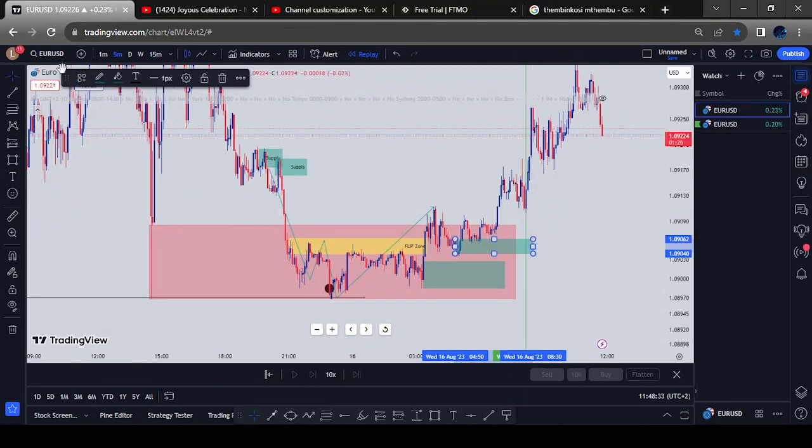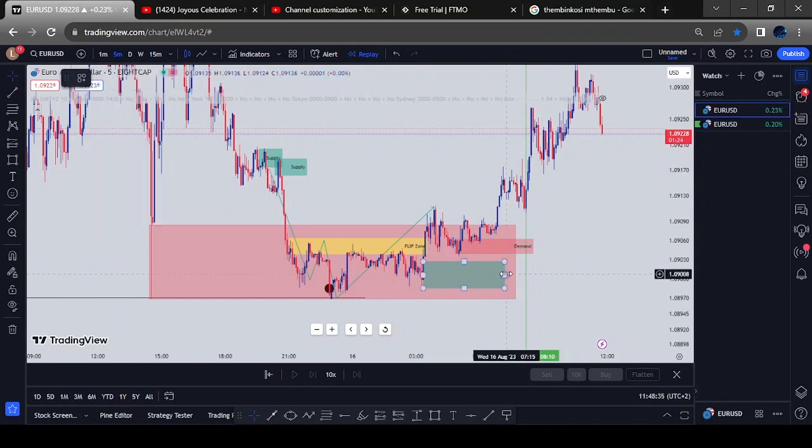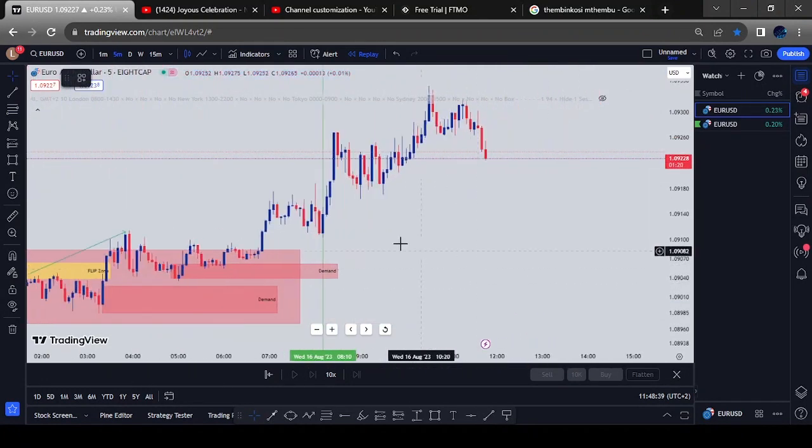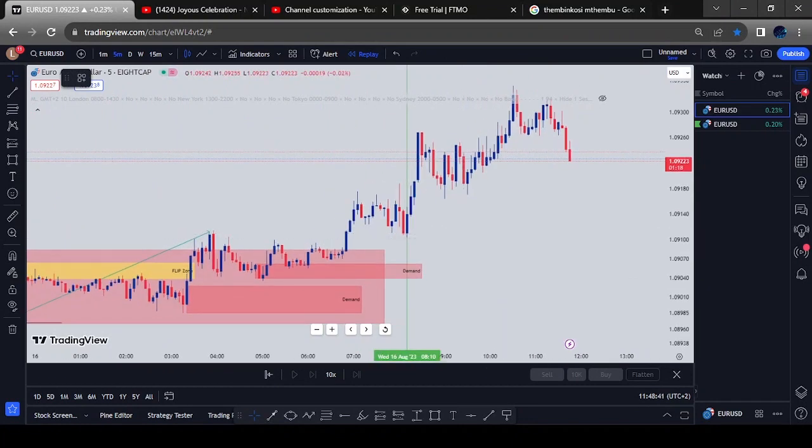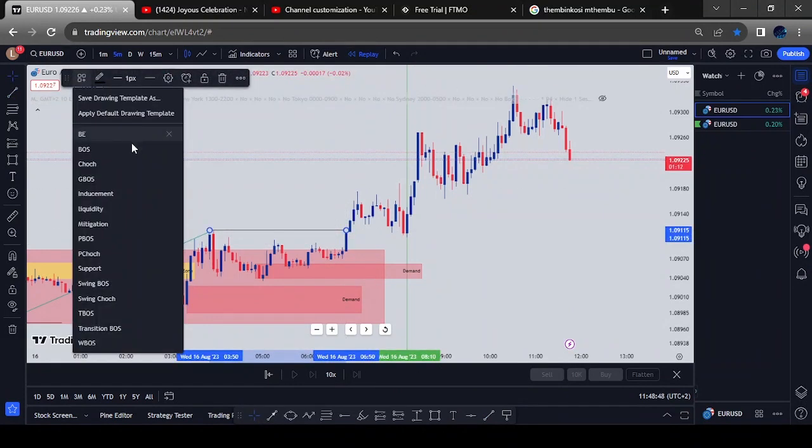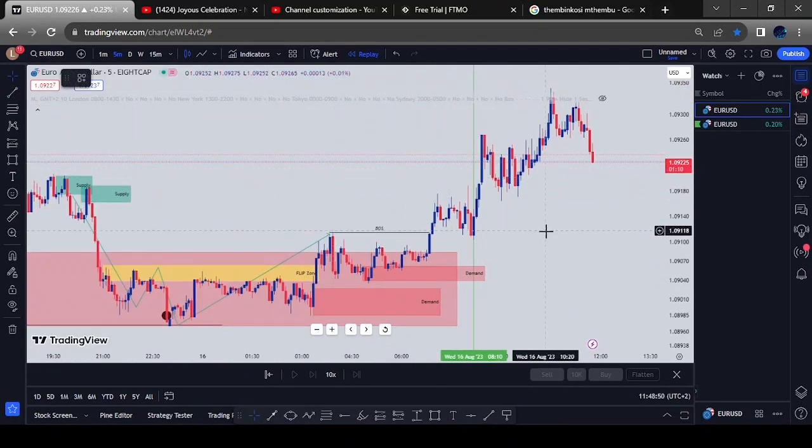Demand started to take over this price. So then when I came into the charts, you know, breaking structure over here, break another structure over here. So when I came into the charts,